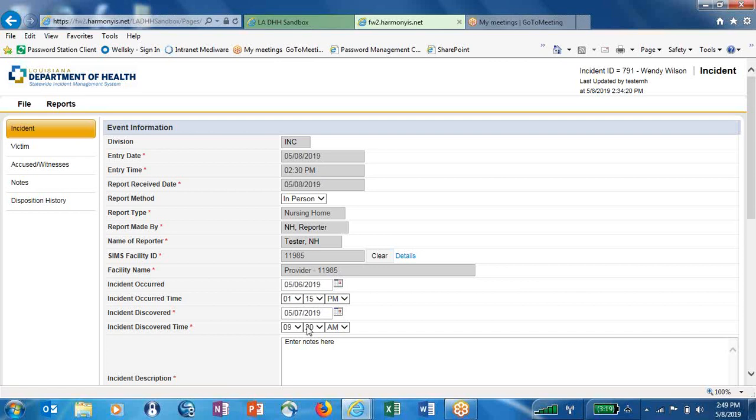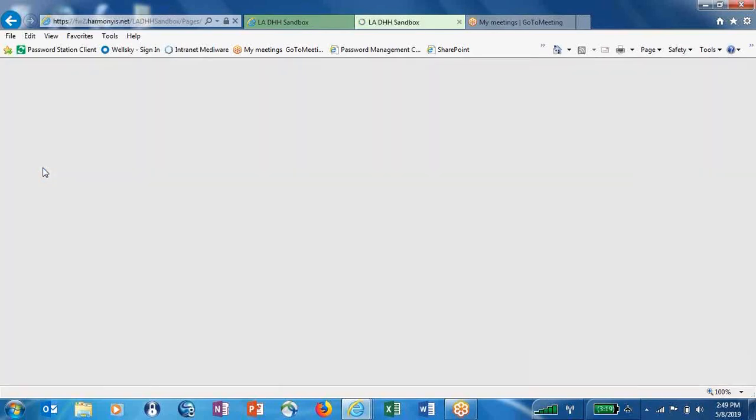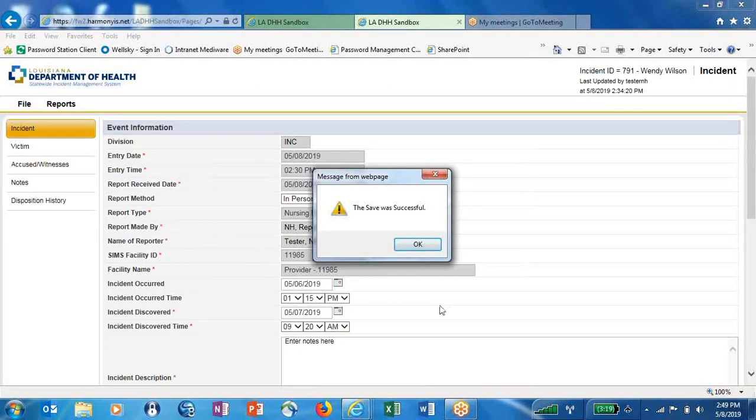If any changes do have to be made by the provider worker, they will need to contact the nursing home program manager or the health standards administrator to open the record. This time, you'll click on File and select Save and Close Incident. Health standards will be regularly monitoring SIMS for new and active incident records. Accessing records can be done by navigating to the